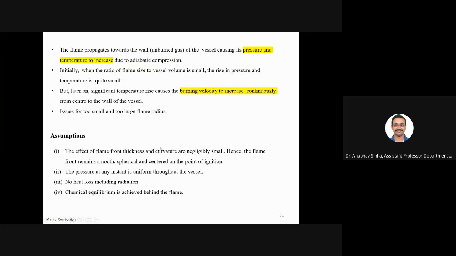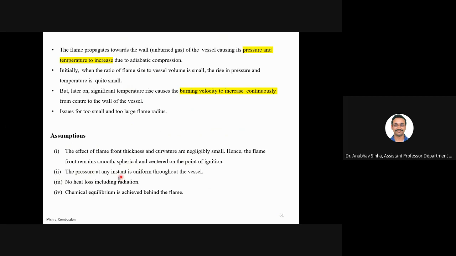So generally what happens is that the flame front is not smooth. Okay, it is generally spherical, but it also has a lot of cellular instability, corrugation, Darrieus-Landau instability, a lot of other effects which make it difficult to maintain a smooth spherical flame. Okay, if it is large, it will also rise from the center of ignition. A lot of issues are there, but to a certain accuracy level, it is quite a good technique.